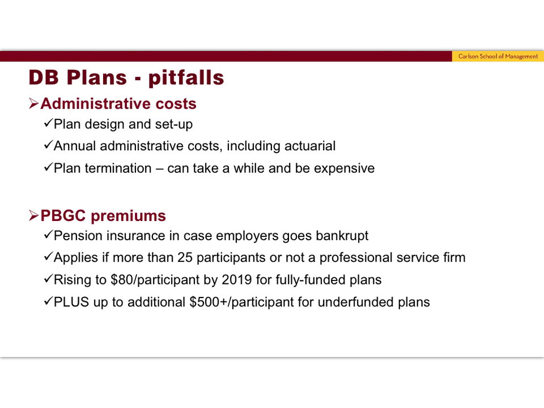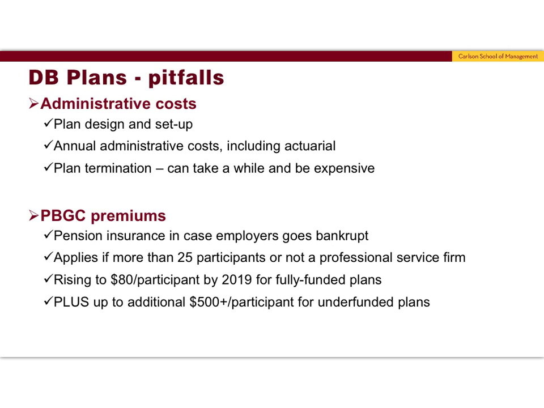Employers interested in starting a cash balance plan should also be aware that there are various administrative costs involved. These include the cost to design and set up the plan itself, including drafting of the plan document. As mentioned earlier, it's worth spending a little extra time and money up front to develop a reliable plan design. They also include the annually recurring administrative costs discussed on an earlier slide, and the eventual cost to terminate the plan. These exit costs are often overlooked, but in reality, cash balance plans usually have a much shorter lifespan than a traditional pension plan. This is because the owners at a professional service firm generally don't start the plan until the end of their careers and then terminate the plan when they retire or sell the business.